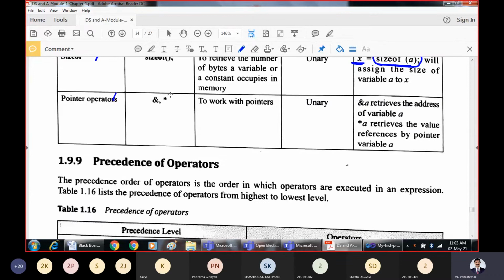Next, these are the address-of operator and the star operator. These are used while working with pointers.